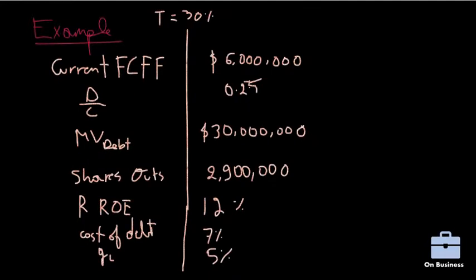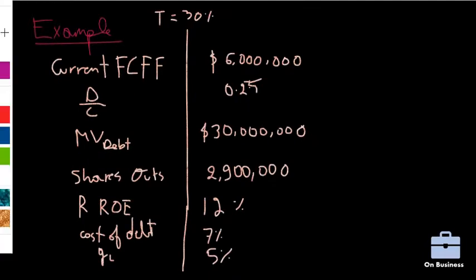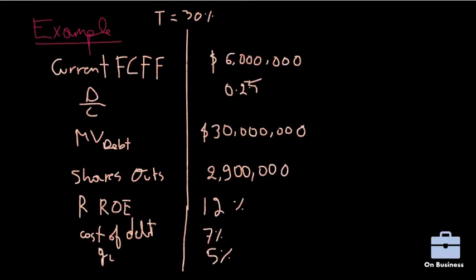Now let's take an example about this. We're going to start by doing the first method. Since we need to calculate the value of a firm, which is VF equals FCFF1 over WACC minus g, we might as well start by computing the WACC. We've got the g, and it's 5%. That's the long-term growth, and the FCFF1 is very easy. That's just the current FCFF into 1 plus 5%. Now we need to calculate the WACC, and the WACC is